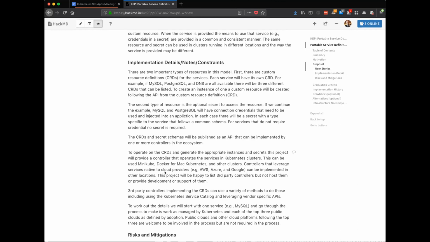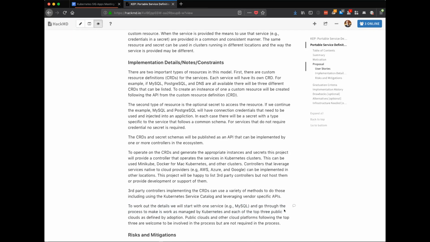The plan here, in the last one, is to work out details, is to start with one service and then to work with and try and get it to work with, say, Kubernetes locally. Maybe it's a controller that deploys Helm or just deploys resources just as a proof of concept. And then you have something work with SaaSes across the 3 main public clouds, the 3 by adoption. Others are included, but I just happen to know that we actually know how to do this for the major public clouds as far as the logistics are concerned. Once we get past that, we'll need more help. But that's kind of the idea, is to prove it out for MySQL and then start rolling it on for other